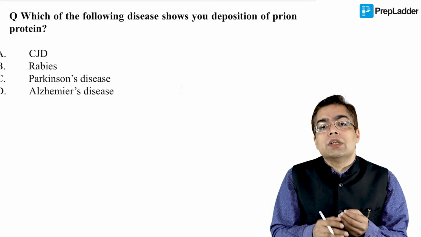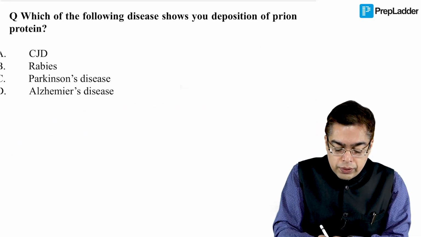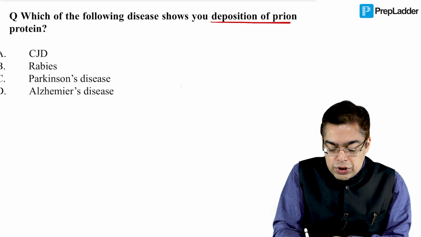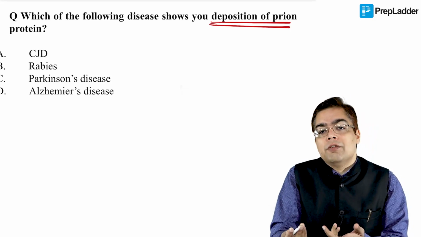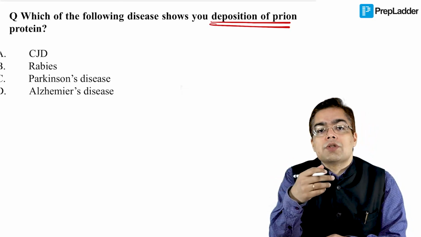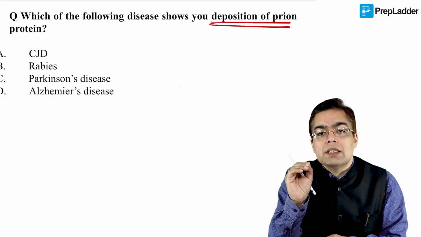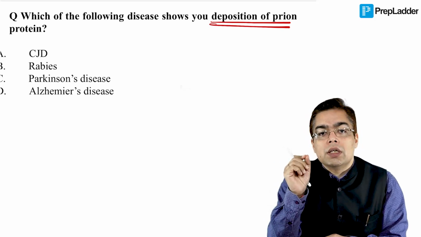Now, one of the debated versions of this kind of question that was shared by some of the students happened to be, which of the following diseases would show you the deposition of the prion protein. If you are aware of the concept, whether he is asking you a question on substantia nigra, or on tau protein, or he talks about the prion disease, if the concept is clear, then we can crack any question in the exam.